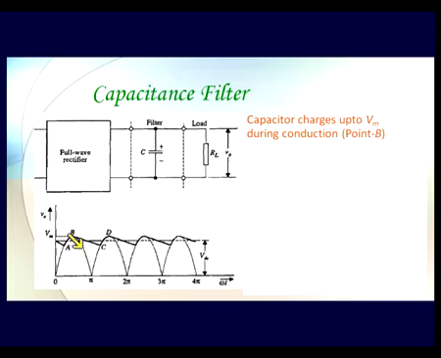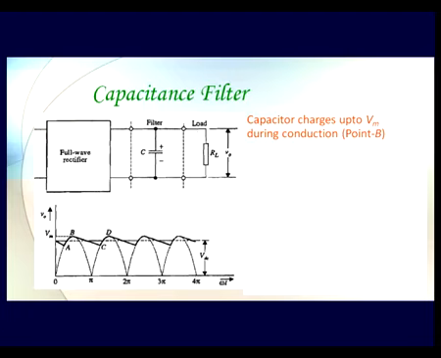Now the output of my full wave rectifier starts going down in this cycle here. But since there is a capacitor which is charged, the load will be looking at the voltage supplied by the capacitor. And so the capacitor is able to give energy to the load when there is no input available from the rectifier output. So the capacitor gets discharged to say value C. But when the next half cycle of the full wave rectifier comes, it gets charged again.